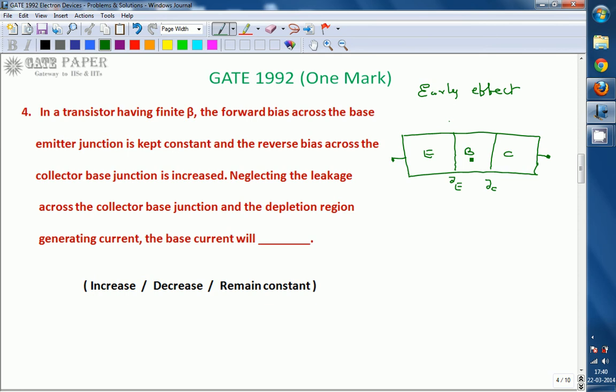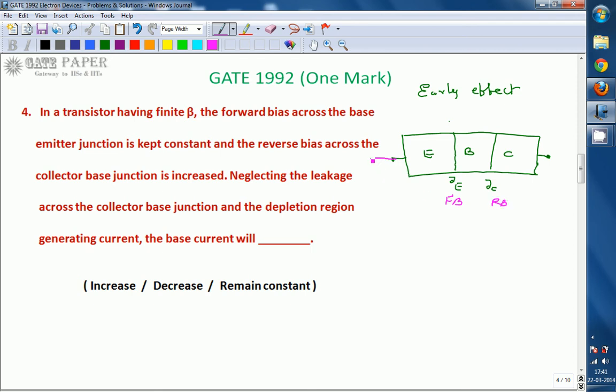If you are not applying any voltage, both the junctions are in open circuit and they will have a small contact potential and a small potential barrier. Potential barrier means it has a potential barrier width as well as height. If we neglect the potential barrier width, this is the diagram you will get. Now if you want to use this transistor as an amplifier, the transistor must be in the active region. Active region implies the emitter base junction must be forward biased and the collector base junction must be reverse biased.